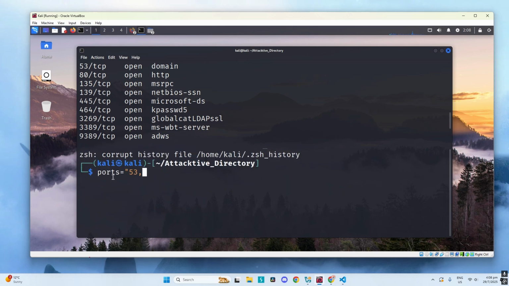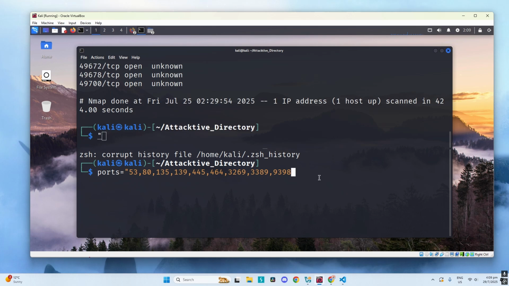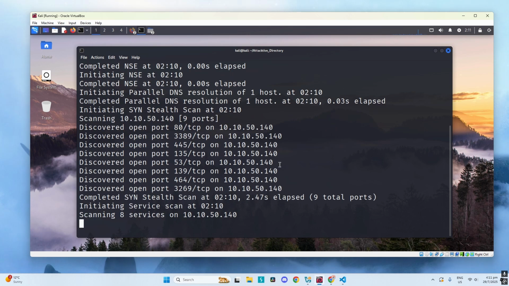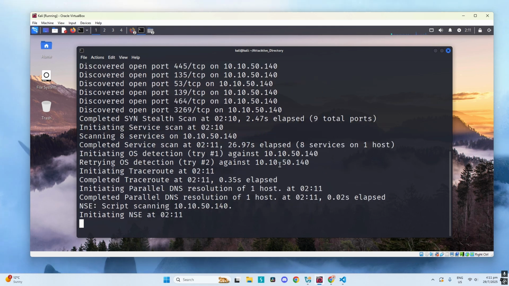Using the list of open ports we just discovered, we can store all the port numbers in a variable for easier reuse. Next, we'll run a more detailed Nmap scan using additional flags. We'll use the -A flag, which enables OS detection, version detection, script scanning, and traceroute. We'll also add the -Pn flag, which tells Nmap to skip the host discovery step. Just like before, we'll use the -p argument to specify the open ports we found, followed by the target IP